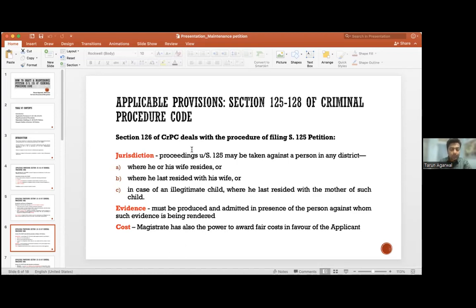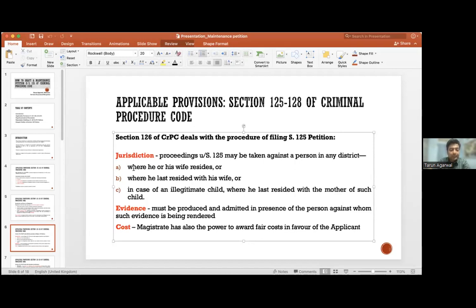So again, as the objective of this provision is to help such a woman or a child or an elderly parent, the jurisdiction clause is also very wide. And the Supreme Court has from time and again held that such a person, assuming a wife is filing this, can file this case, first option, where her husband is residing